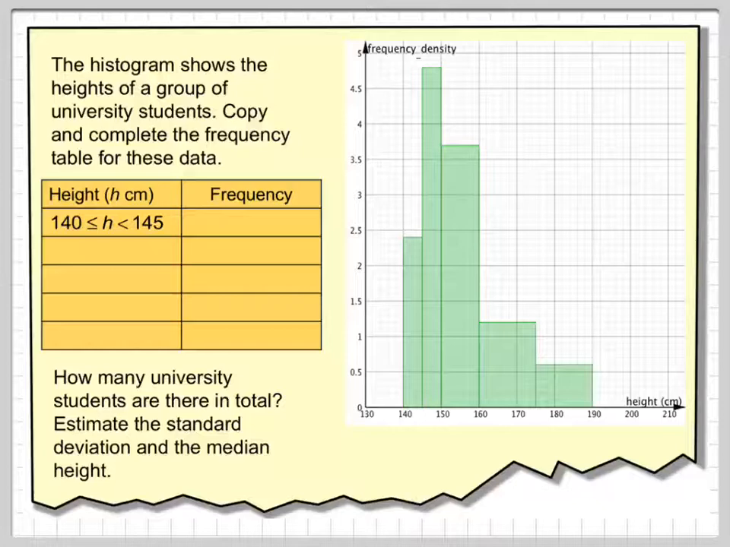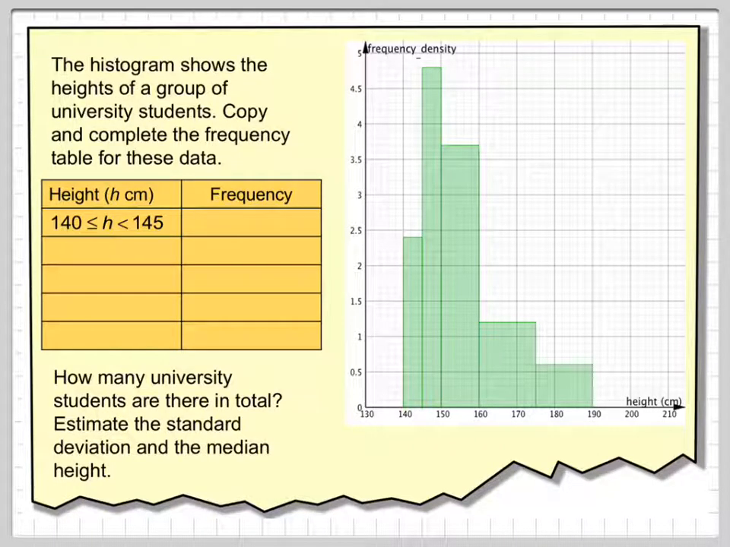Right, in this video we've got a histogram that shows the height of a group of university students. Copy and complete the frequency table for these data. So here's our histogram and here's our frequency table. How many university students are there in total? And then estimate the standard deviation and the median height. So we're going to find the standard deviation and the median height